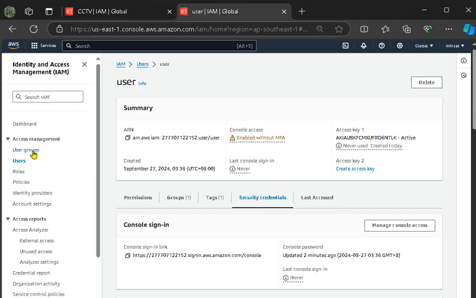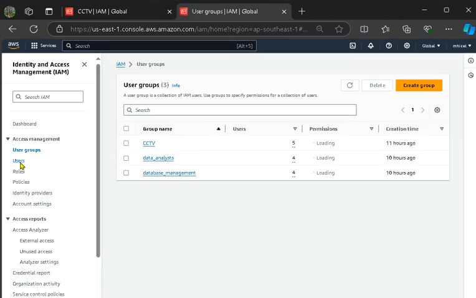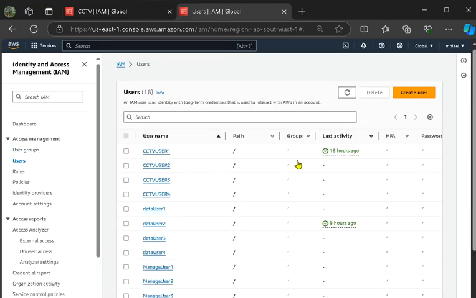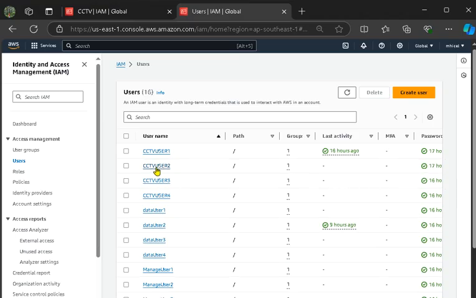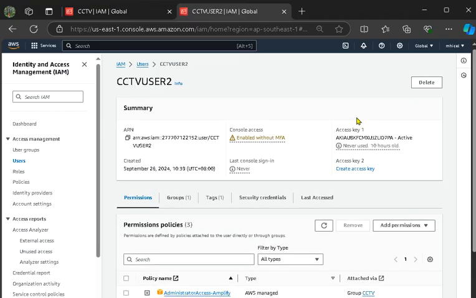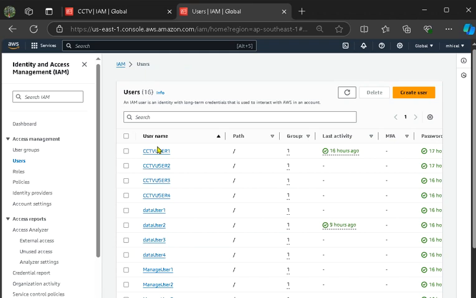That's how I activated all the access keys of all the users in the different user groups.